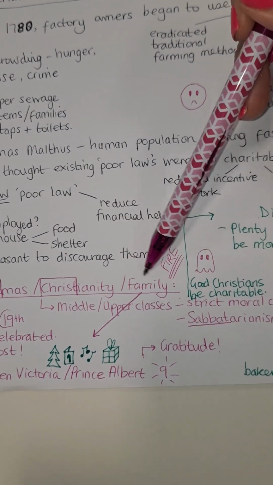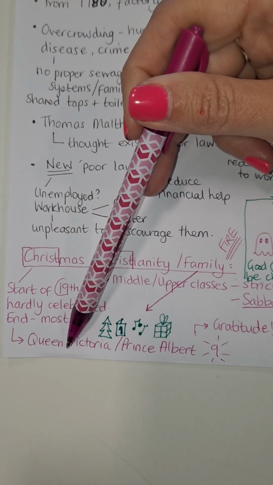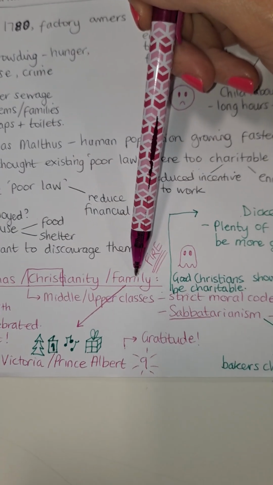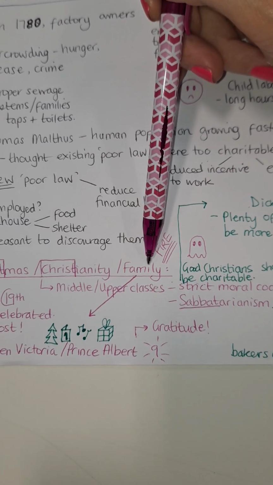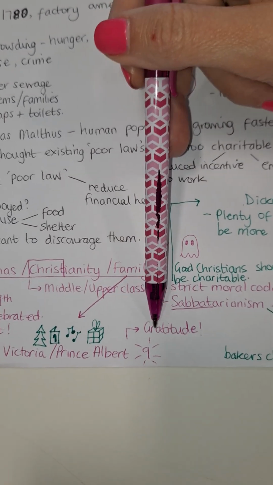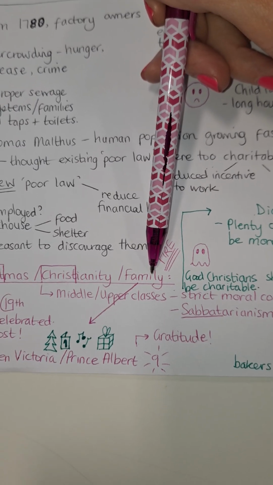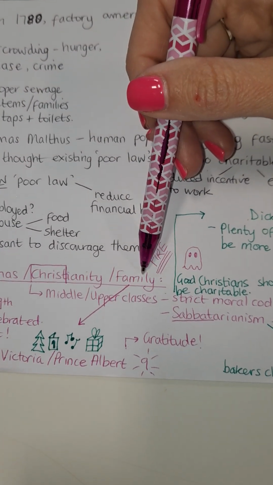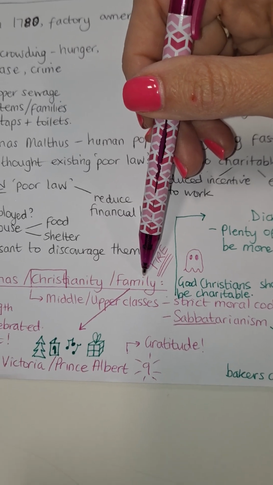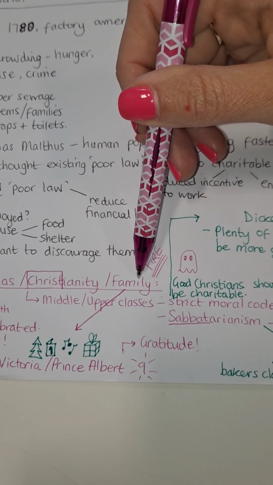So very much the idea of the family comes through Victorian society, Queen Victoria's family. And we see the role of the family through the Cratchit family as well. These are the perfect examples of a good Christian, grateful family. And despite their circumstance and being in poverty, they still find happiness in their family life, even though they all know that they're exploited and they're given a hard deal really in society.